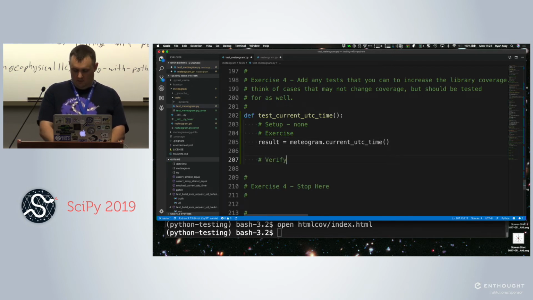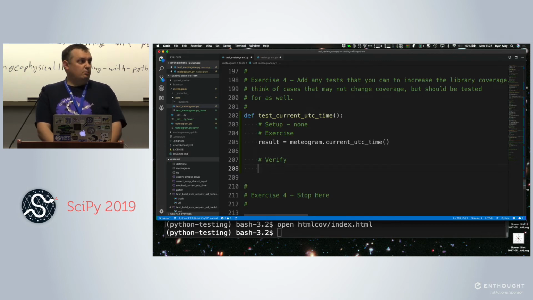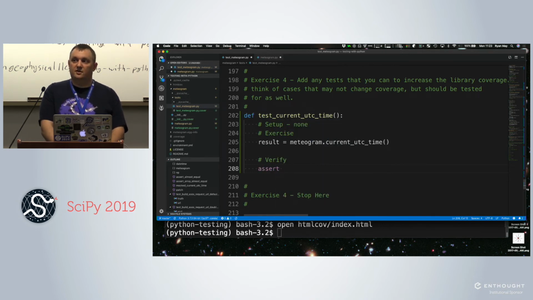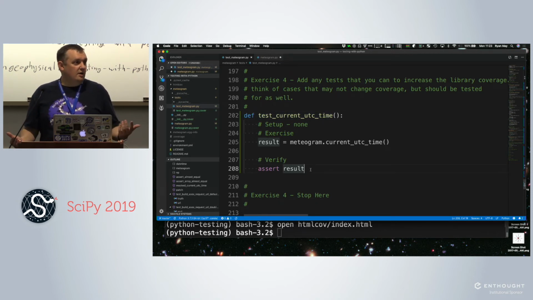Verify. So one thing you could do is make what we call a smoke test. Essentially what that means is, when we run the function, does smoke come out? Does it crash and burn, or in this case we can even assert, does it give me something? So we can prove that it returns a value that's not None. It's not great, but at least it would solve the question of whether there's a lurking NameError or some other error in there. Better than nothing, but we're also not doing anything to check the behavior of that function. This thing could go rm -rf my home directory, you know, there's no check there. There's all sorts of things.